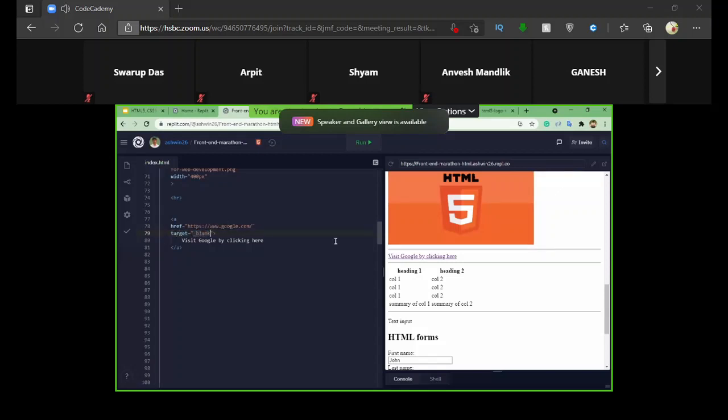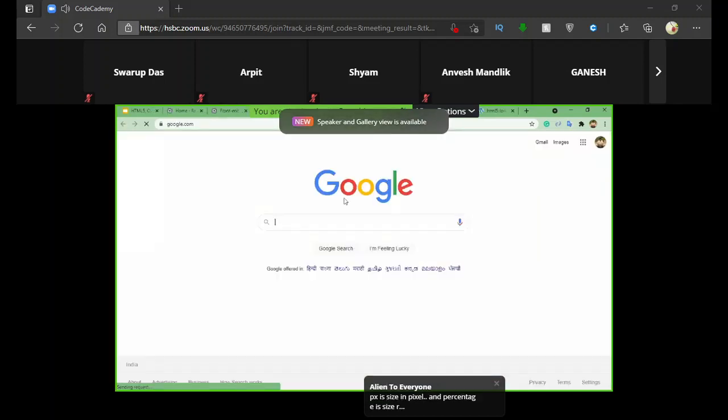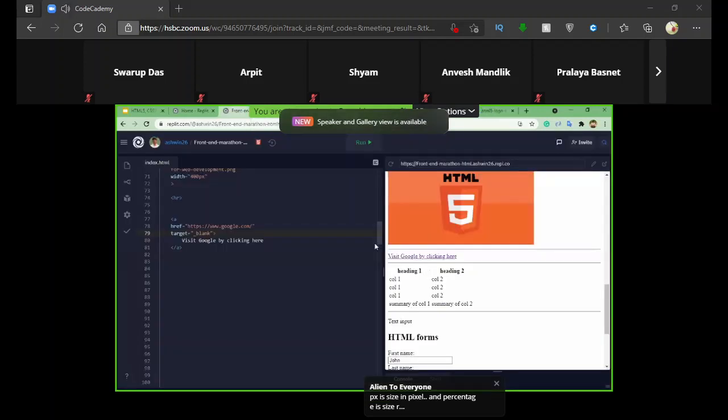Why? Because whenever I click this link, it will open in a new tab. If I click this, for example, as you can see, it went to google.com. So to open in a new tab, we have to provide the target as underscore blank.